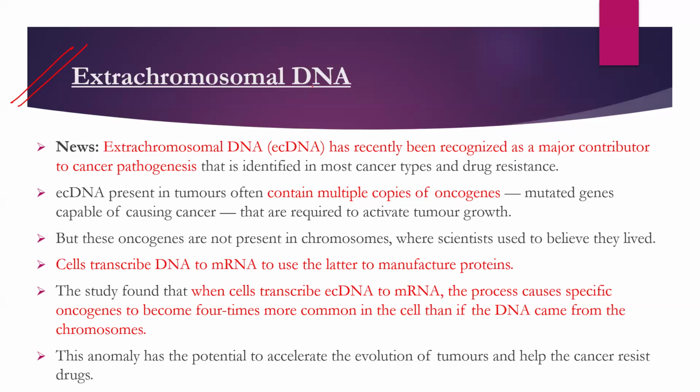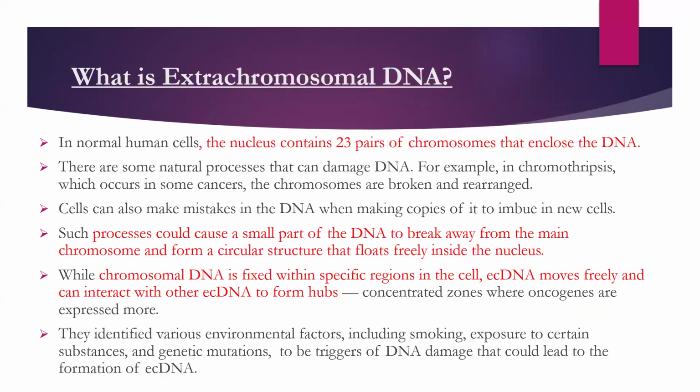So here, extra chromosomal DNA. Why it is in news? Because now we have recognized that this is one of the major contributors of cancer, right? So first and foremost, what is extra chromosomal DNA? Okay, so generally what happens, your nucleus is there, you have 23 pairs of chromosomes. But during the interaction of chromosomes, especially during cell division, they may commit mistakes because of which some part of DNA is lost. Lost as in they form basically circular beads. Okay, they form a circular structure and they basically float freely inside the